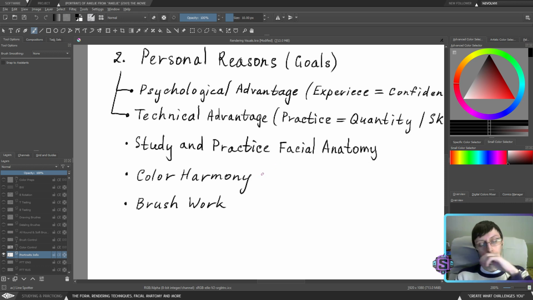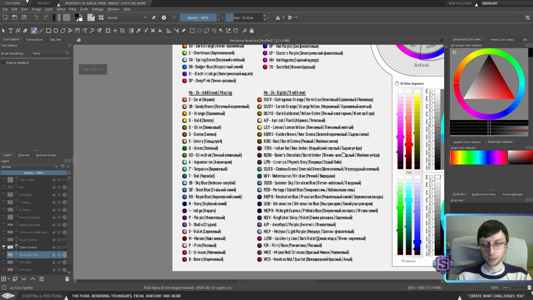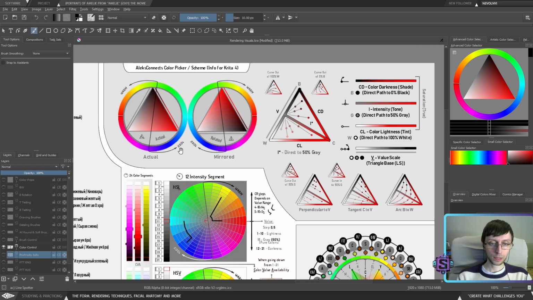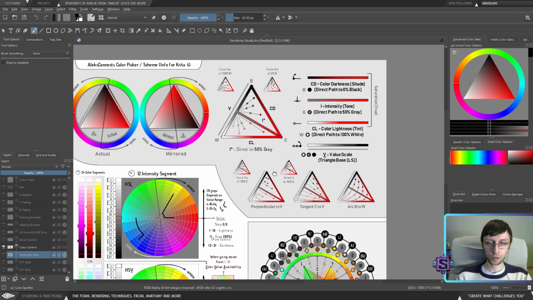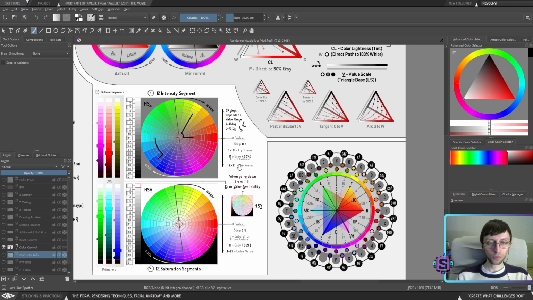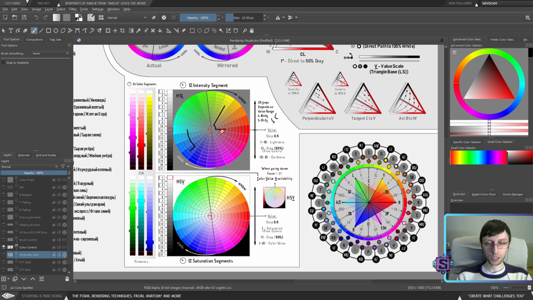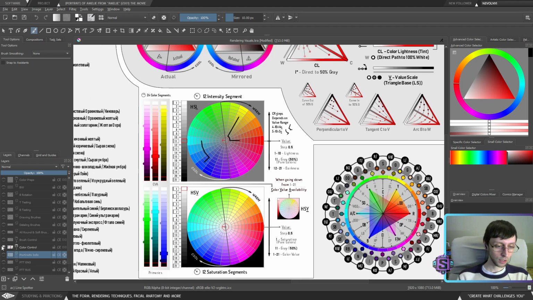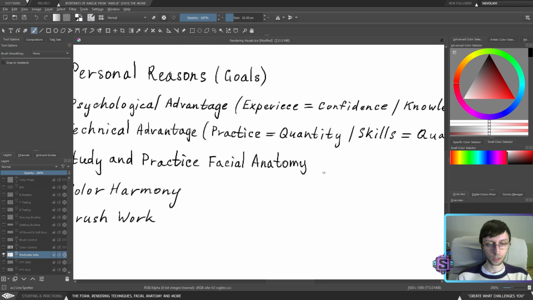So in color harmony, again, it's a super complex topic. We kind of try to cover color a bit in here, and we will get back to it a little bit later. Again, understanding the instruments that you're working with, and understanding how to control these instruments. So again, understanding all of it, we will definitely work on most cases, like how to create an actual color harmony, how to create relationships between colors, etc. So this is the thing that we're going to work with in terms of the color harmony.